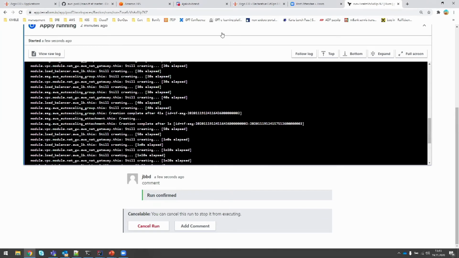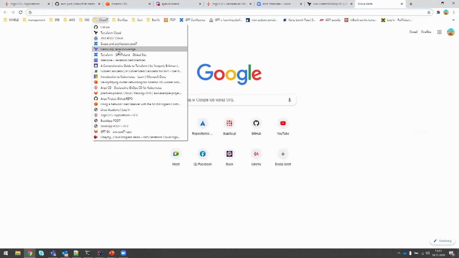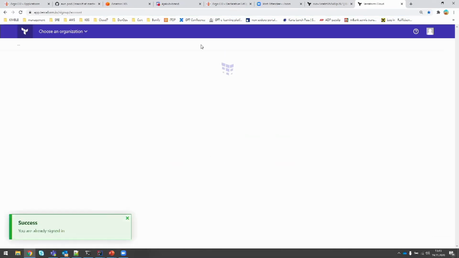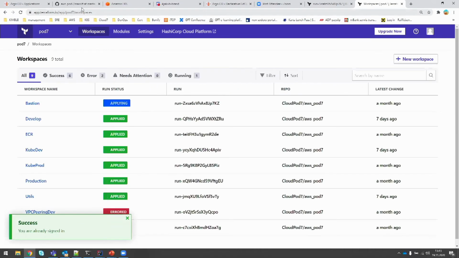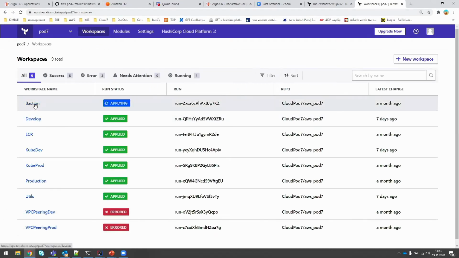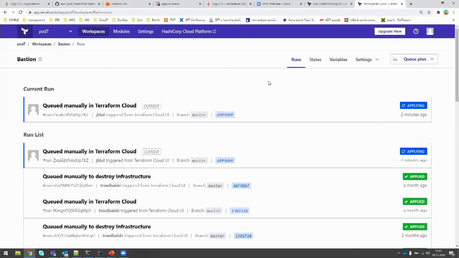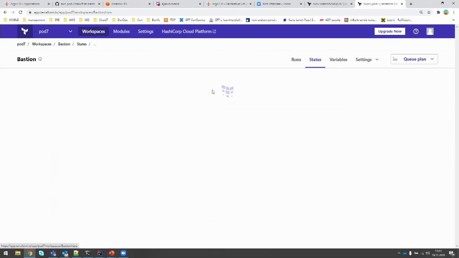Here you have a state file which can easily be accessed and viewed, and it's shared. So whatever apply you do, it will still display.